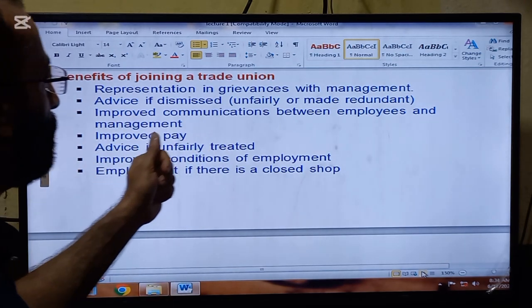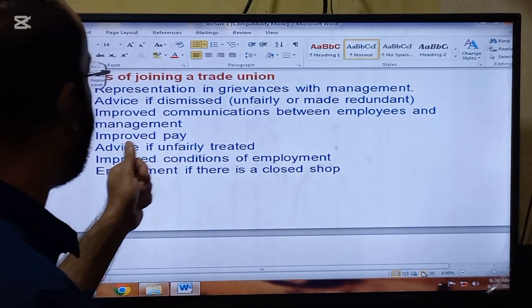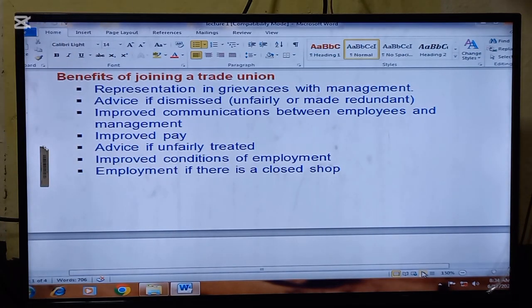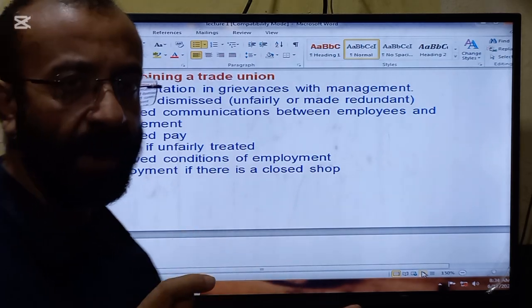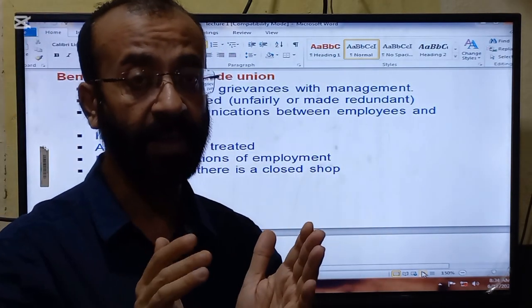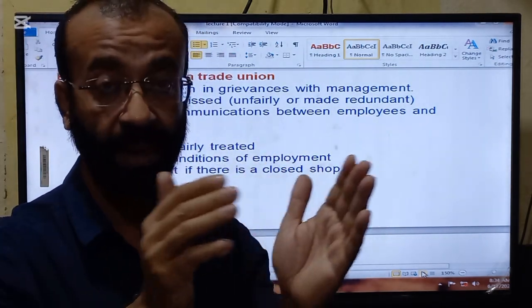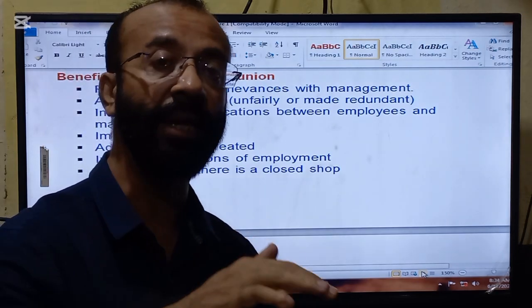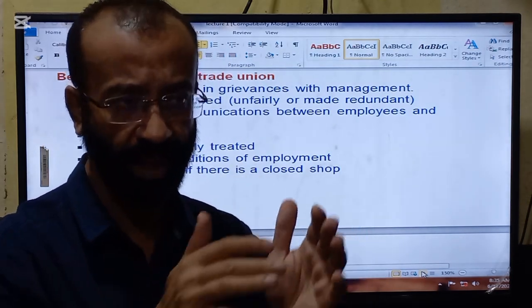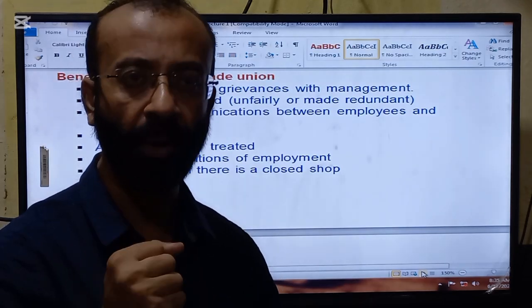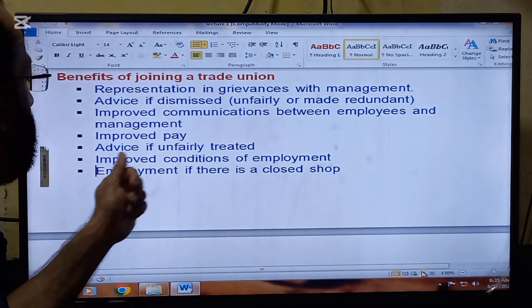Next is improved communications between employees and management. Next is improved pay, because remember one thing, trade union is negotiating with the employers as a whole, not at the individual level. So when you deal with someone as a group, you have more powers. So that's why improved pay,